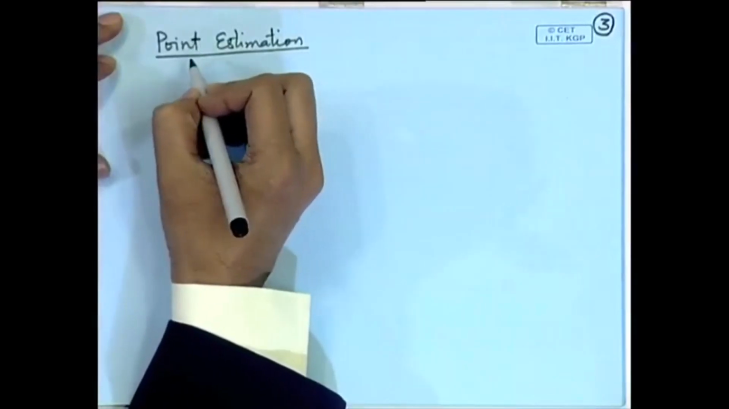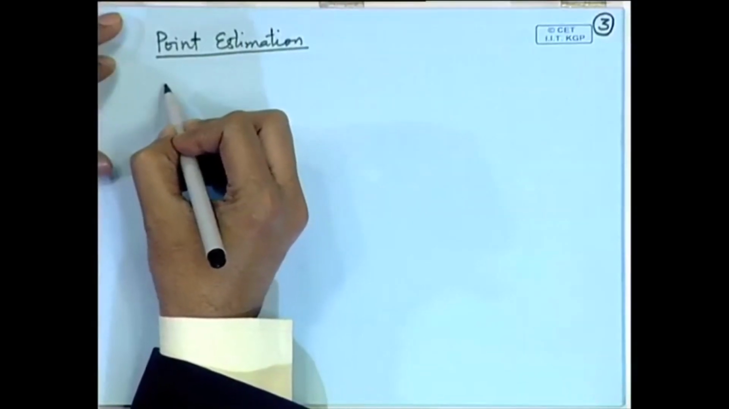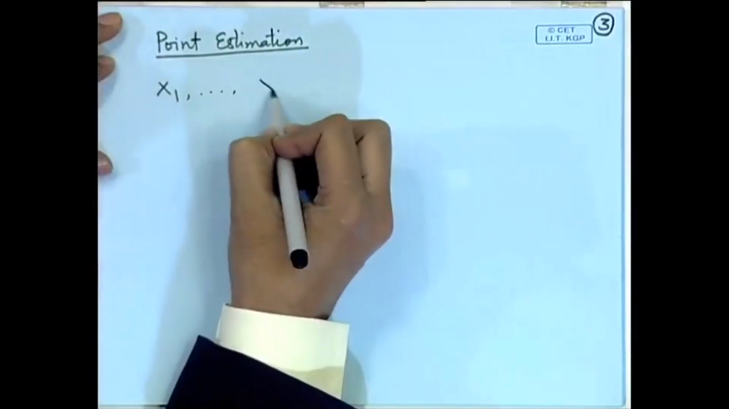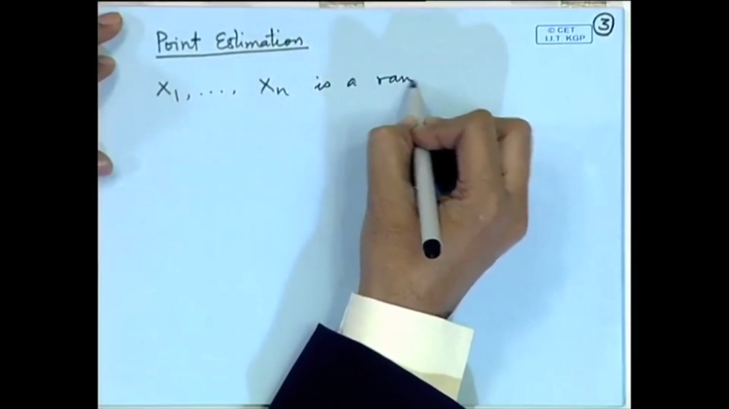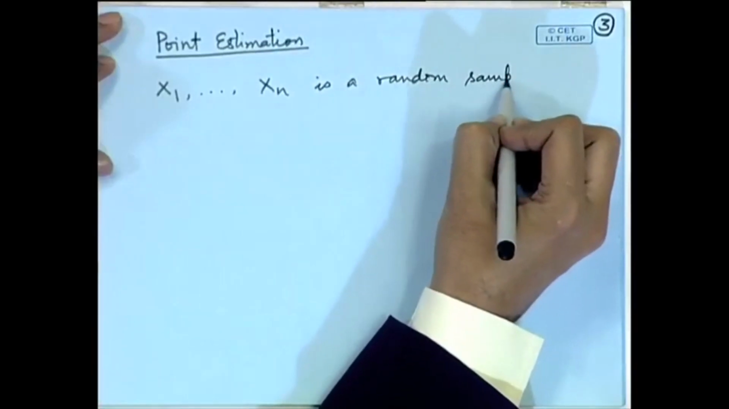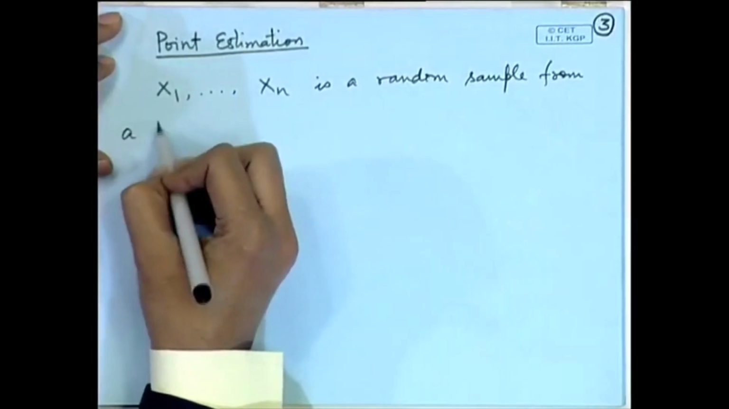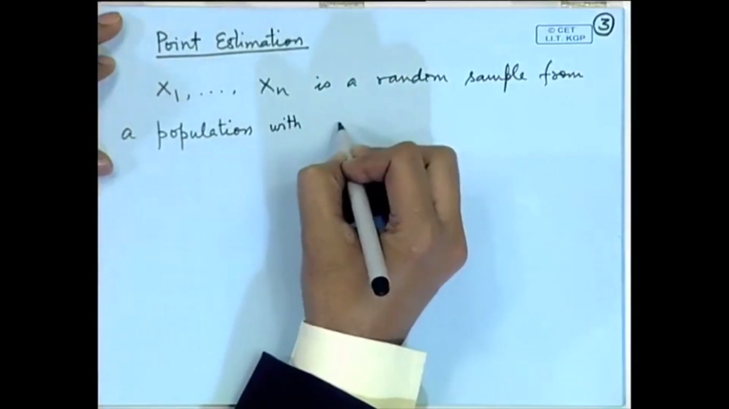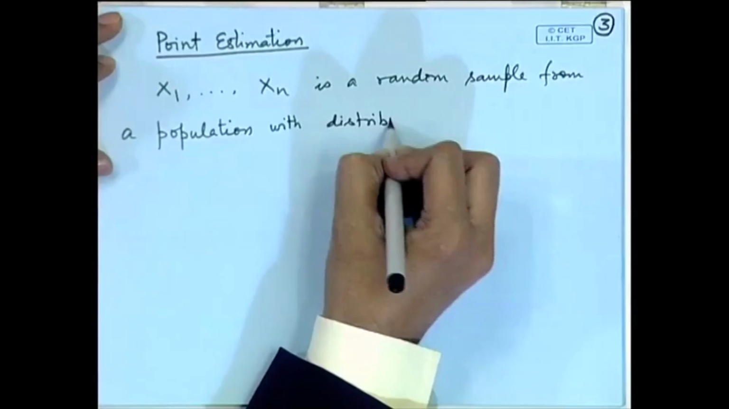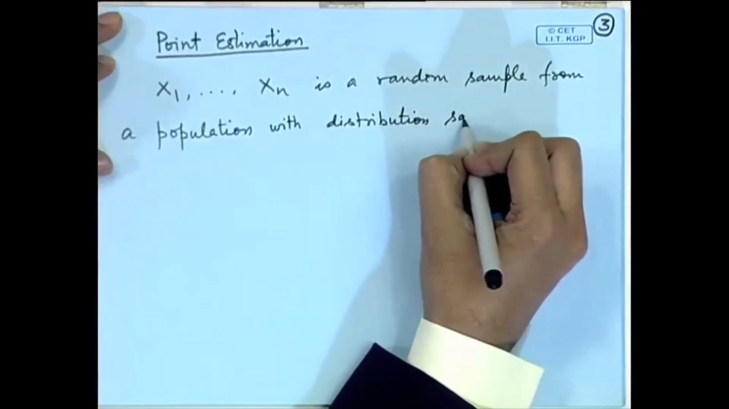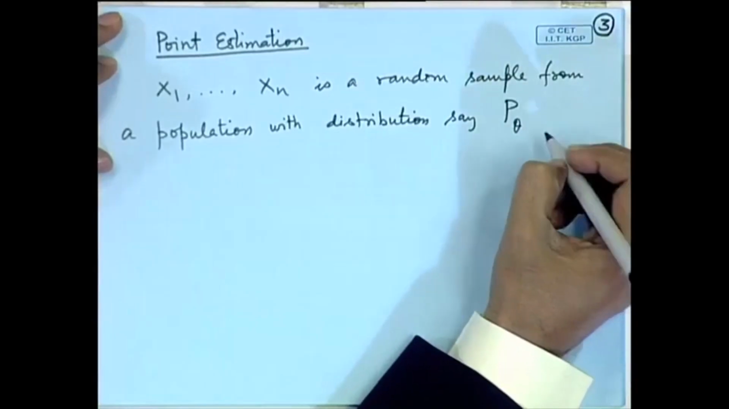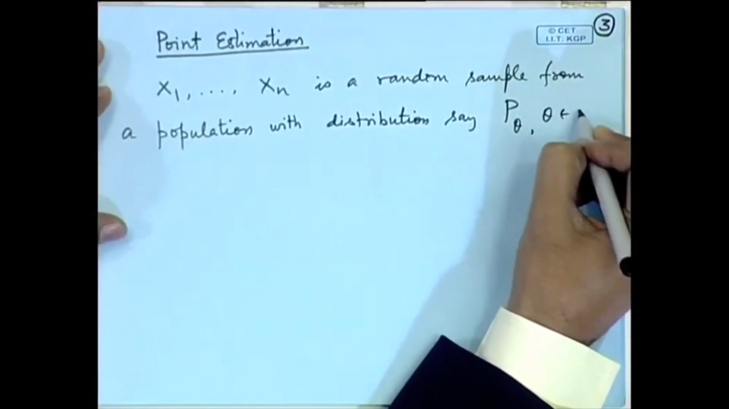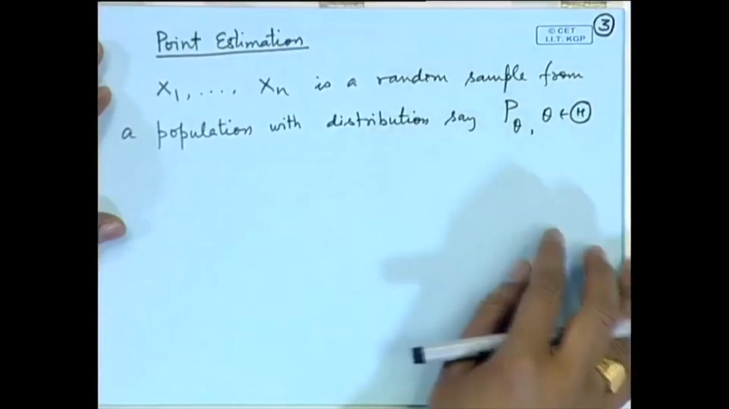So, in any statistical inference problem, the model is like this: we have x 1, x 2, x n, a random sample from a population with distribution, say, p theta, theta belonging to, say, script theta. Let me explain this. Normally, we will be talking about sentences such as x 1, x 2, x n is